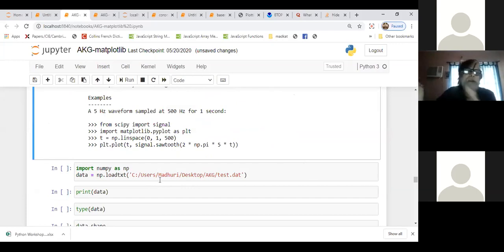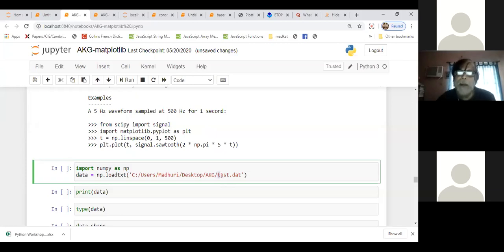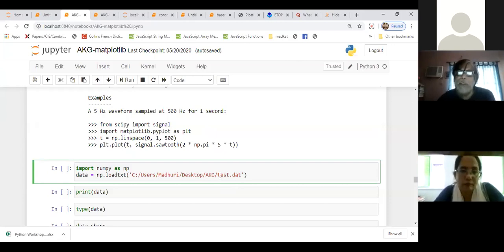Suppose you have data stored in some directory on your machine, and the data is a text file. I have named the data file test.dat. You don't have to give this extension, but it is my habit so that I can later understand that this is a data file.